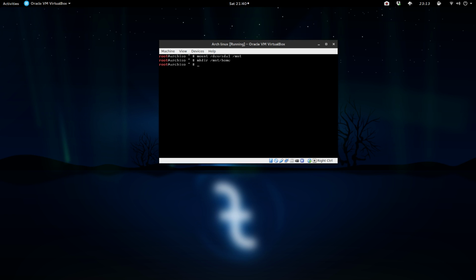So once that's done, we just mount the home partition to the one that we just did. So we just do mount /dev/sda3 /mnt/home. So if you don't see any errors, then that means it's good.